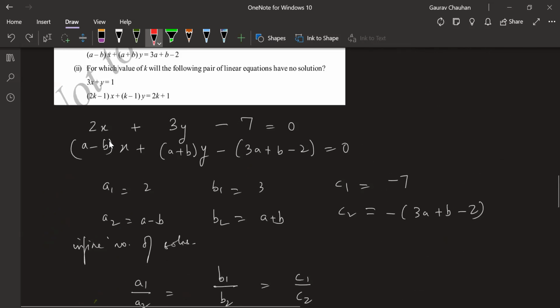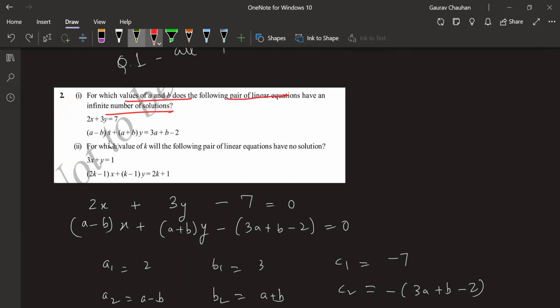Same way, the next question, they are saying no solution. No solution means A1 by A2 will be equal to B1 by B2 will not be equal to C1 by C2. So this I cannot use only. Are you following me? But the good thing is only one variable is there. You will have only one equation from here and one variable. Okay. You'll be able to solve it? You want me to do that one also? Be confident about that?